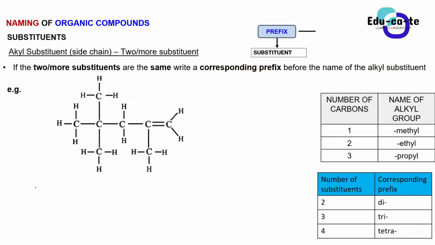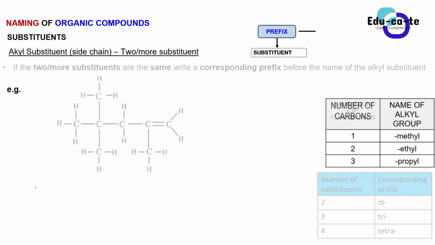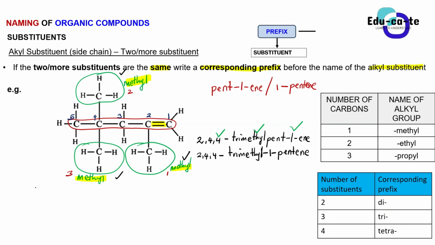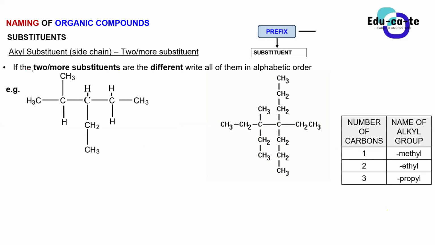All right. So this was when we have the same substituents, like 2 or more substituents of the same kind that are identical or that look alike, such as 2 ethyl groups. If we've got ethyl about 2, you would say that is a diethyl. Okay. Now let's look at this one. What if now we have got 2 or more substituents, but now these ones are different? They are no longer the same kind. We do what? We write all of them, but we write them in alphabetic order.